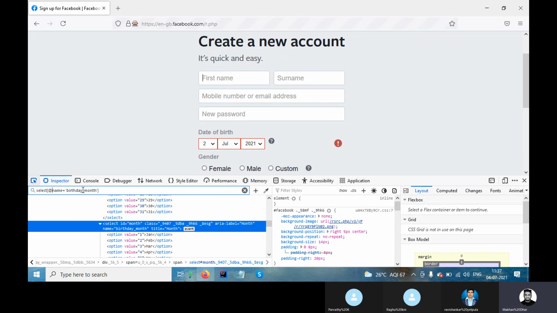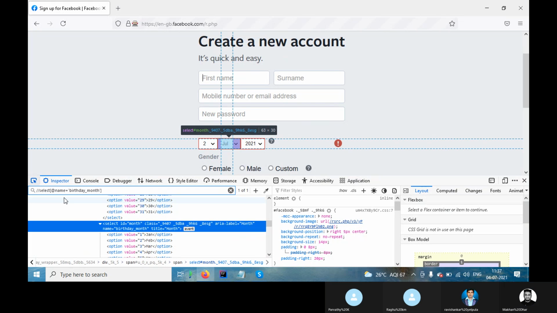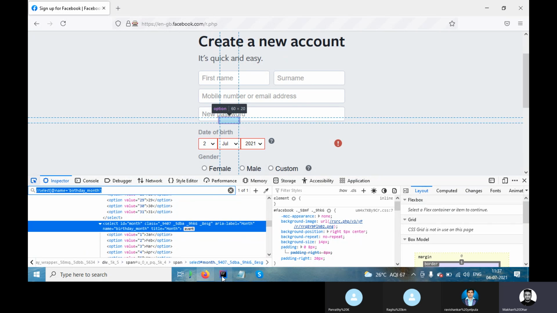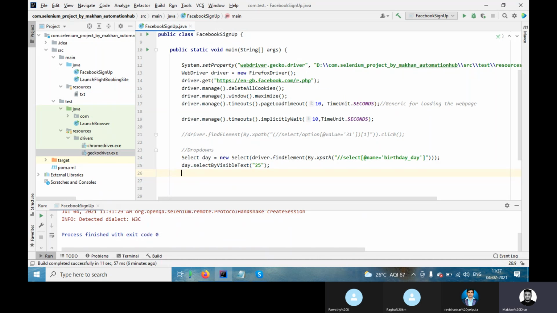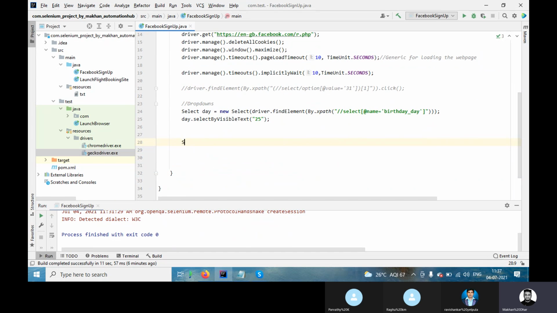I have to keep this, so we are getting it right. Just take this one. Now you have to again use select. This is month, right? This is the way we have to write.